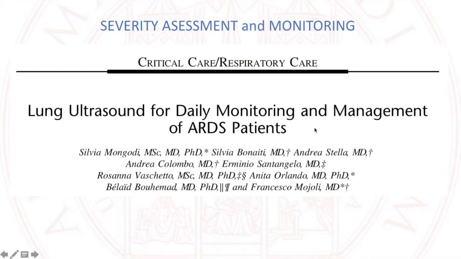About the second option, which was monitoring of patients, we want to say that not much robust evidence is out as of today, scientific evidence, I mean, and what is known is basically taken from our experience in ARDS patients. For example, we normally use the lung ultrasound score to monitor these patients, which was derived from this